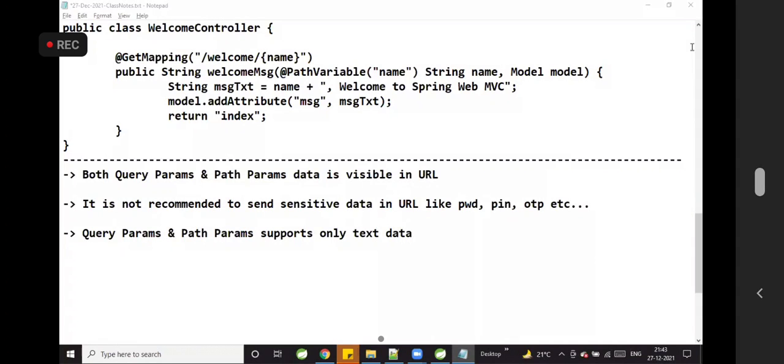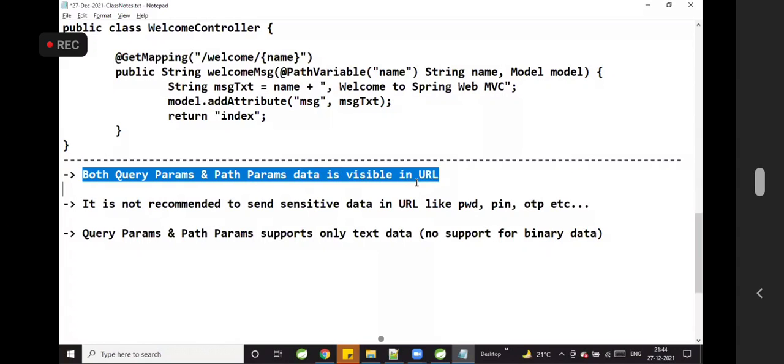Can I send one file as a path parameter? No. There is no support for binary data.